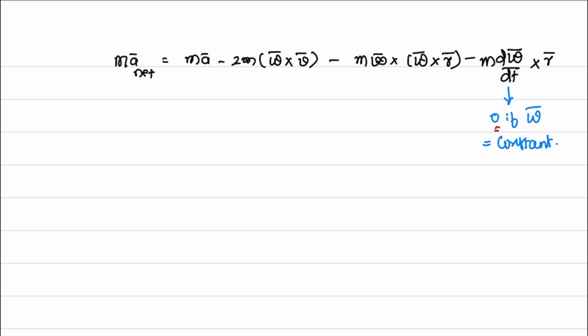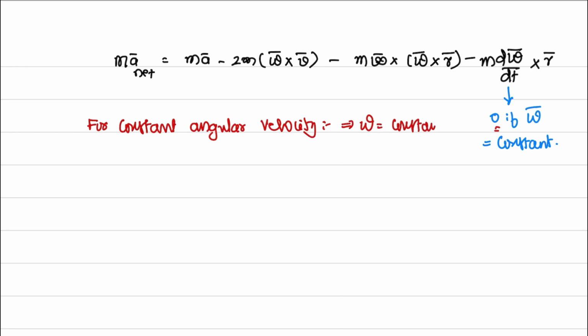Then the above equation is reduced, for constant angular velocity, to this form. Usually we will consider only this. Omega we will give some value, 1.3 radians per second, 0.5 radians per second, 3 radians per second, so that we will keep it constant. If the angular velocity is constant, that means omega is equal to constant, d omega by dt is equal to 0. Then